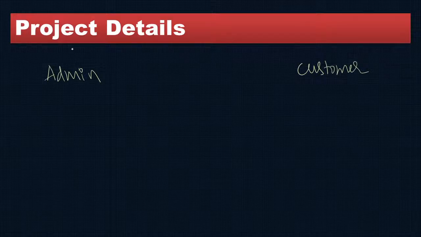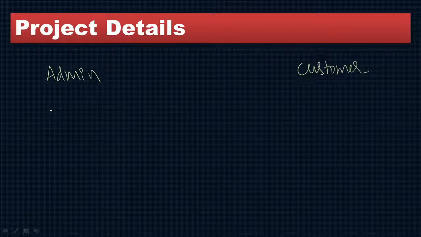Now let's discuss what options we can add in this particular project. Generally a web application project will have basically two modules, but you can make any number of modules. Generally you can have one admin module, for the company to manage their activity. The other one is the customer, because the customer has the vehicle and has to bring it to the service center. In the admin, we can provide all the options which are very much required for this project.